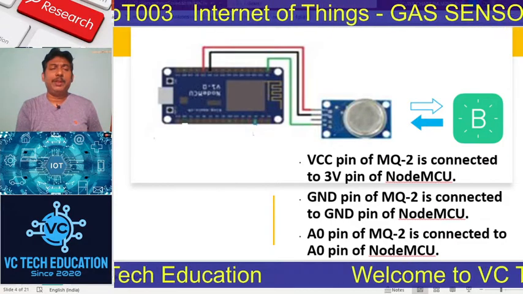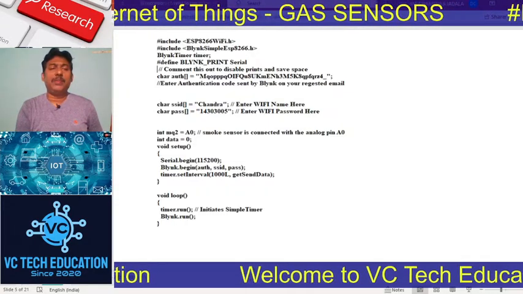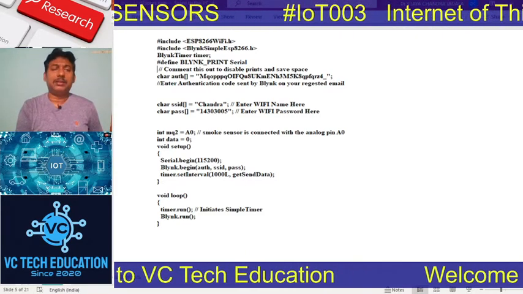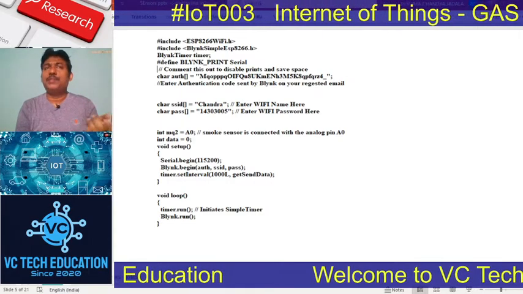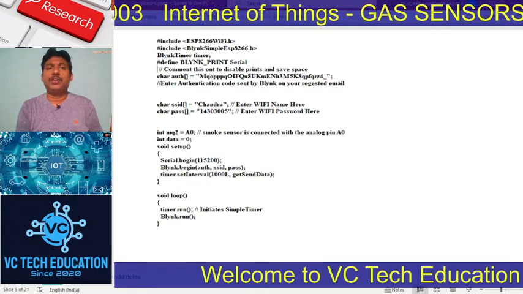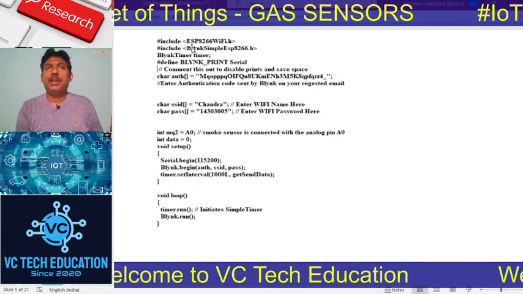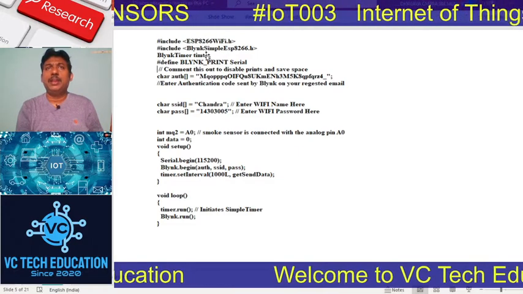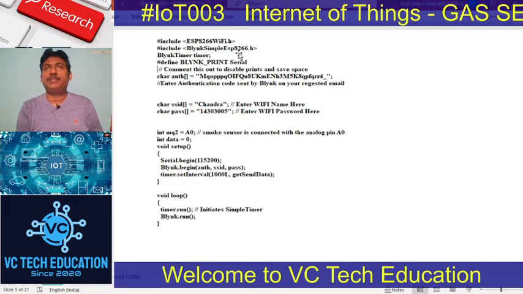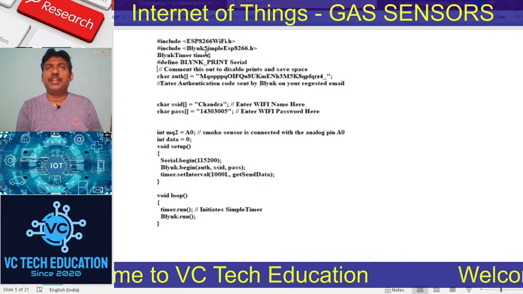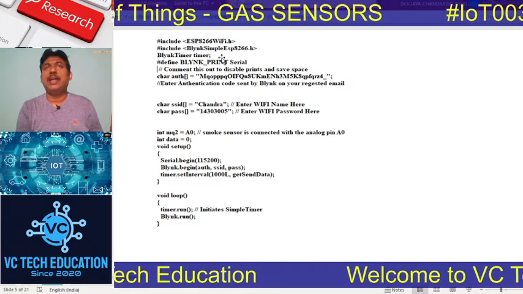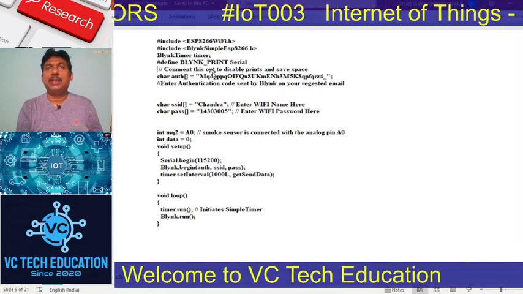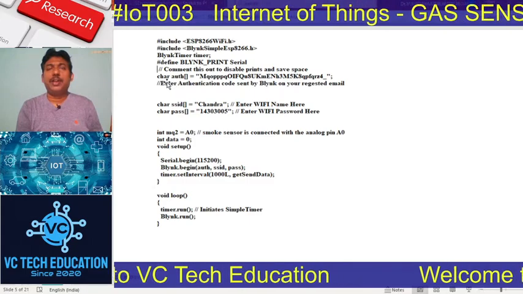Then after this step, we are going to the practical session regarding the program. After connecting the NodeMCU with the sensor, we are going to check the program. See here, include the NodeMCU Wi-Fi library, then BlynkSimpleEsp8266.h. Blynk is the app which I am using. Then BlynkTimer. Then here you might have observed